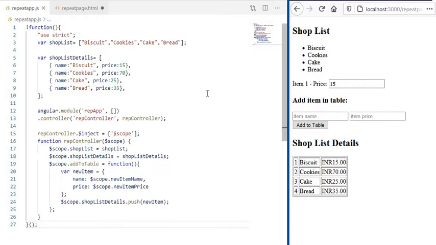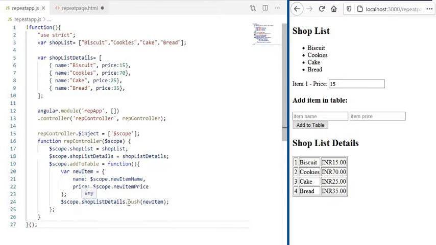So this name and price will get values from the $scope. Maybe this will be used in the HTML file. From that we can get the content and store the name and price value. So finally the newItem, that means one single item with the name and price, is stored in newItem. So this newItem I am going to push into the $scope.shopListDetails. $scope.shopListDetails is nothing but our shopListDetails, which contains four elements, and in each and every element there are two sub elements. Similarly, here I want to add a fifth item using the push operation.